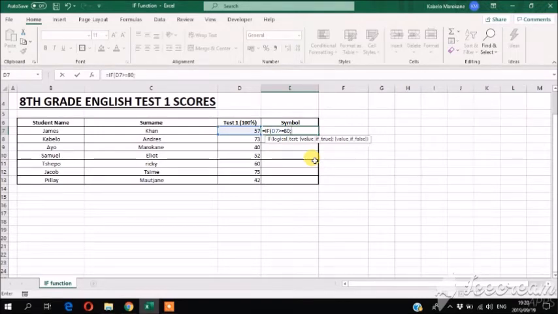then semicolon, then don't forget to put your inverted commas, then the learner gets an A. So if D7 is greater or equals to 80, semicolon, then the learner gets an A. Now semicolon again, and then IF,